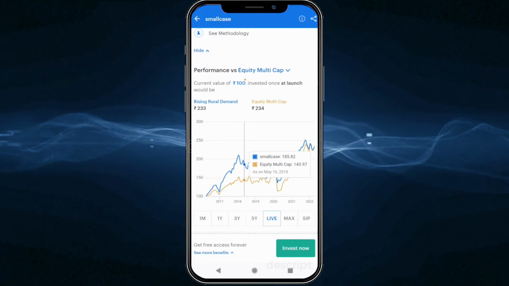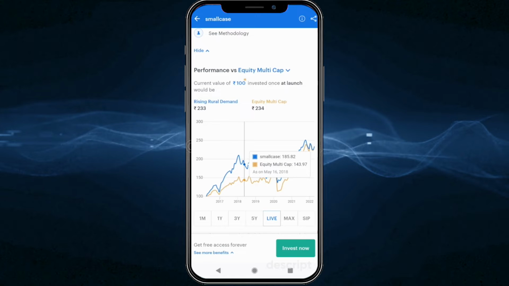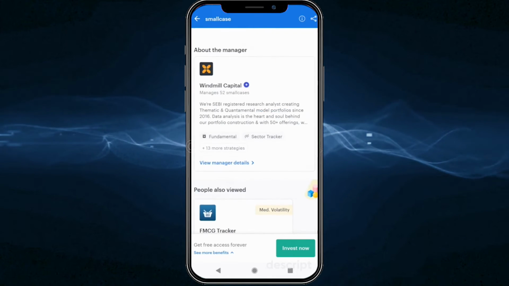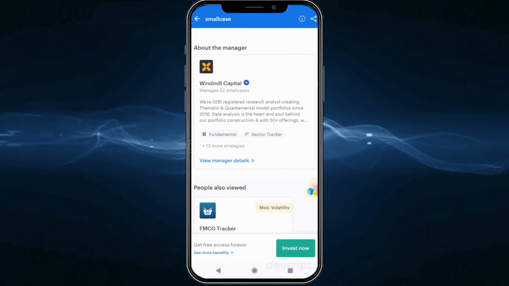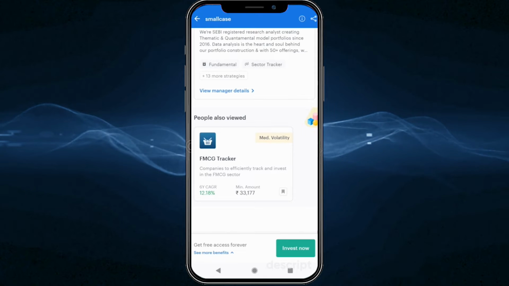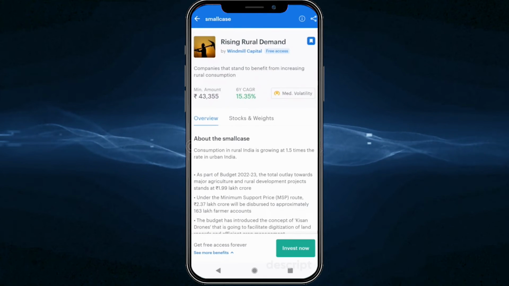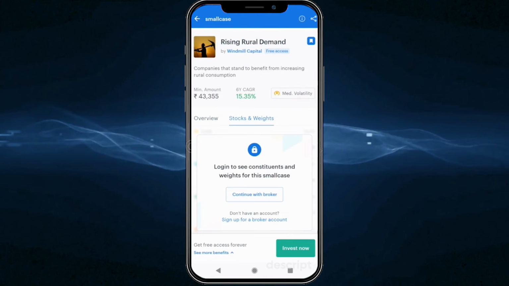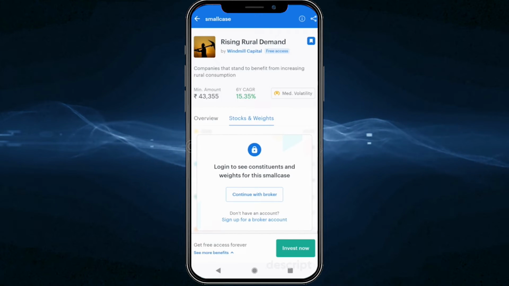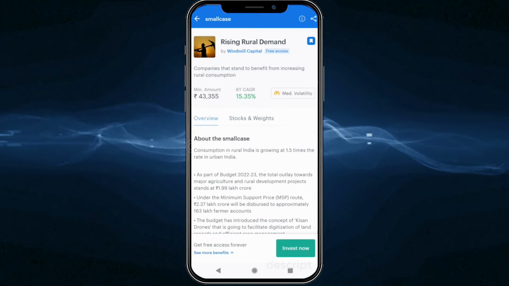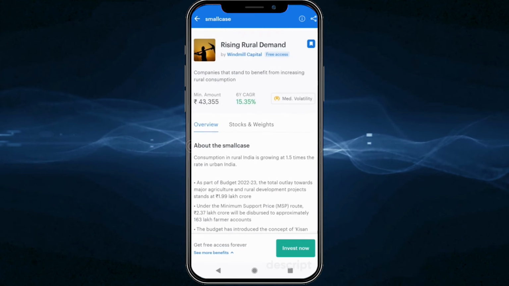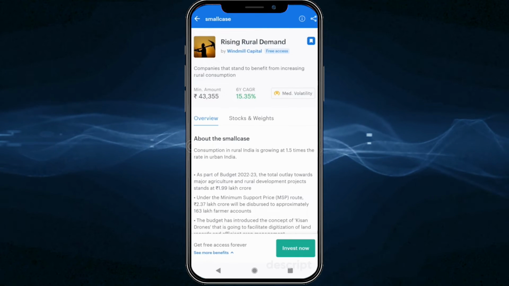Of course, as an investor, I want to look at the performance, so that makes sense. It has some information about the fund manager as well, and the fund as well. It also has the stocks and weights. Of course this is locked, and it asks you to sign up. So that's a good idea, to keep encouraging users to sign up with an account. So if I were to summarize a few things here, one would be